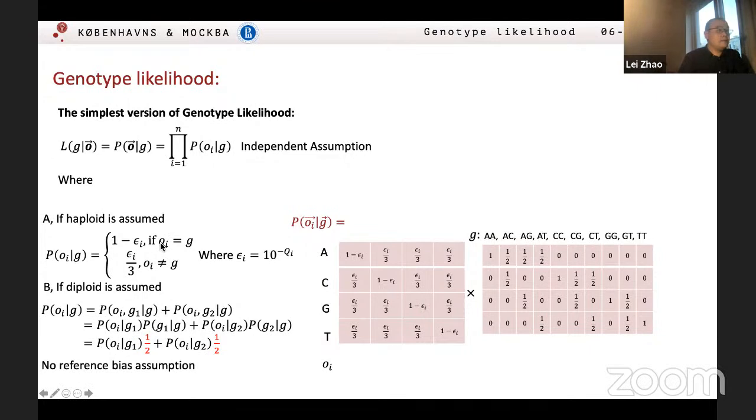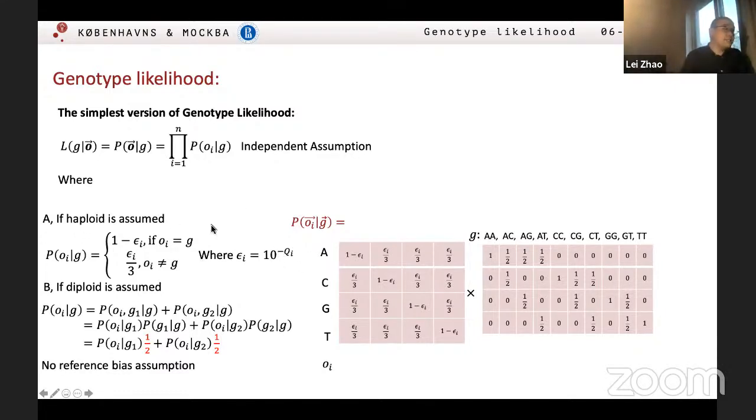And as I said before, now we change this one actually is a true value, and this one actually is the observed rate value, but it is still based on the base quality score. So epsilon I and this 1 minus epsilon I, we can just use the previous base calling score to calculate it. And sorry, this one should be 10 to the minus Qi over 10. I didn't realize there's a typo here.